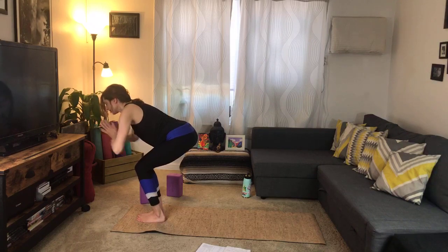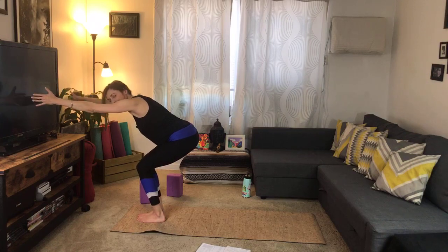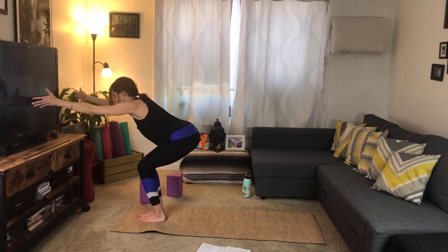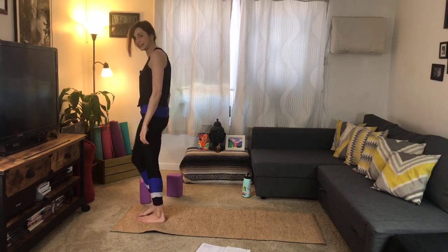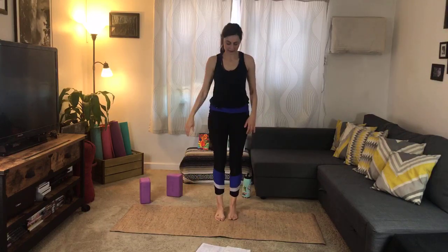Palms can come together. And take 3 more breaths. Be nice and strong as you are. You can do this. Beautiful. Inhale. Rise on up. I like to shake the legs out of here a little bit. Okay. Let's come to